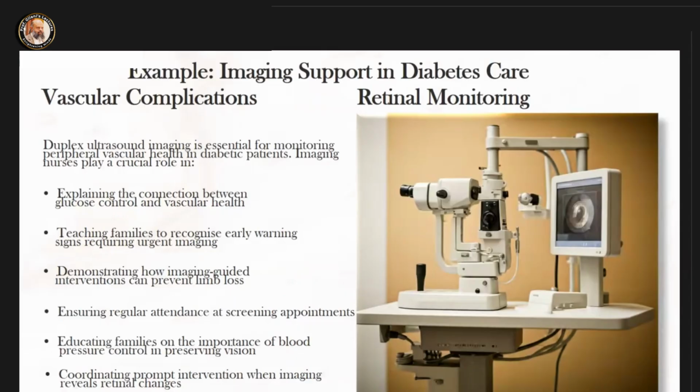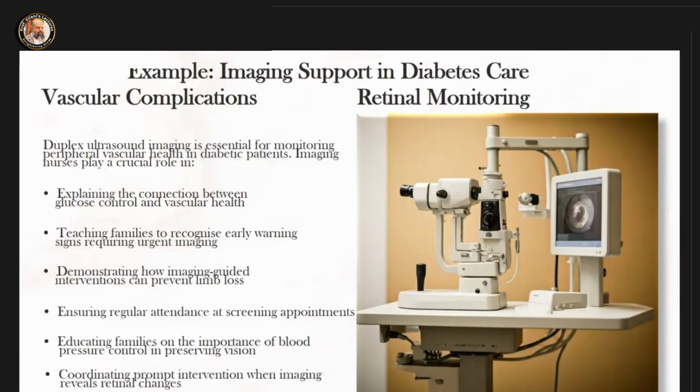Imaging nurses play a crucial role in explaining the connection between glucose control and vascular health, teaching families to recognize early warning signs requiring urgent imaging,